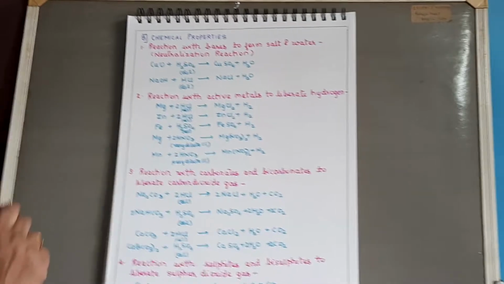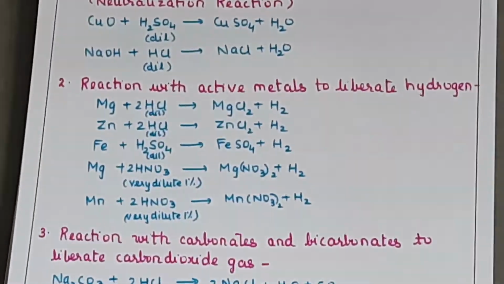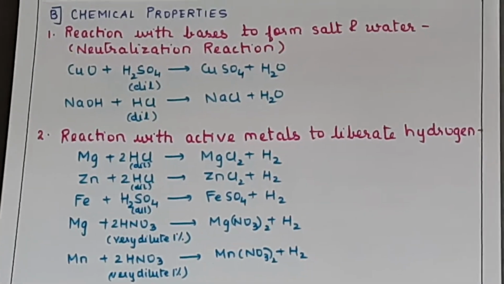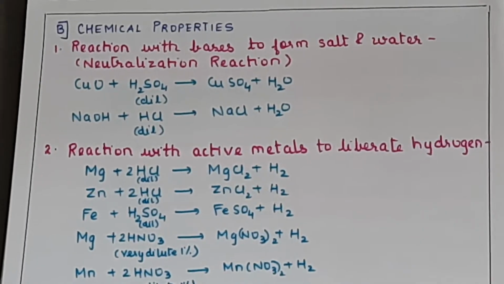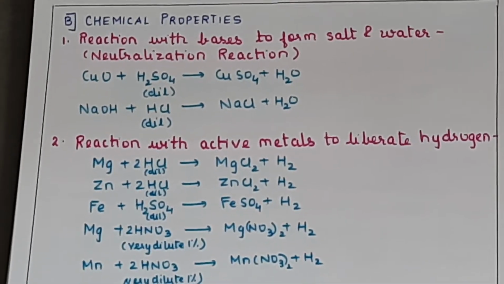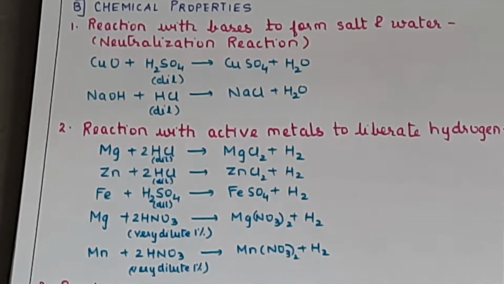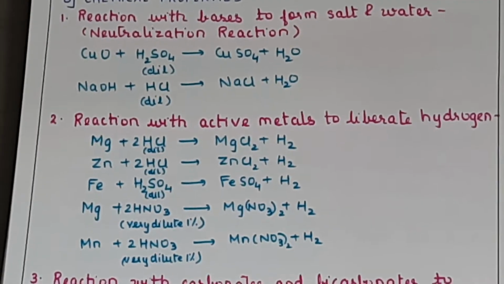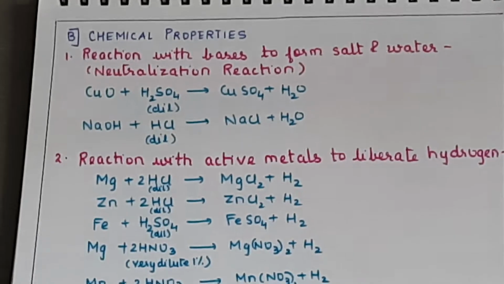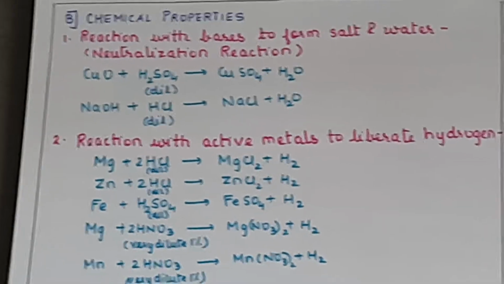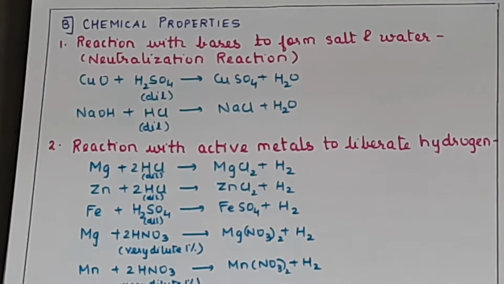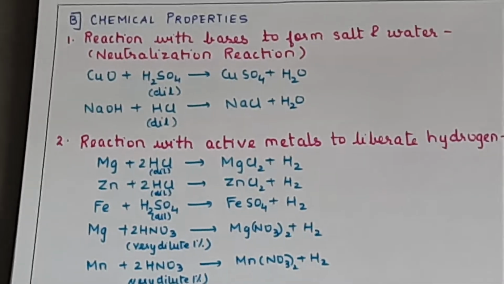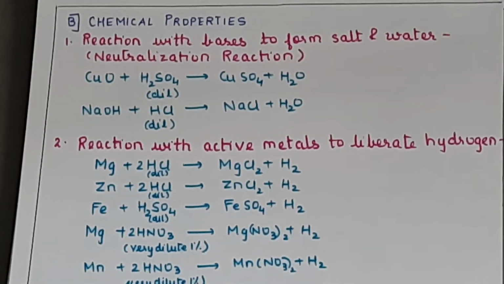Now coming to the chemical properties of acids. If you remember, when we discussed HCl and ammonia, especially HCl, we discussed certain typical properties of an acid. That is, an acid will react with a base to form salt and water. It will react with active metals to liberate hydrogen. It will react with carbonates and bicarbonates to liberate carbon dioxide gas. Yes, very good. Then sulfites and bisulfites will give what? Yes, very good, sulfur dioxide gas. Then sulfide will liberate hydrogen sulfide gas. So all those are considered the typical properties of an acid. We will be discussing all those properties now under the chemical properties.